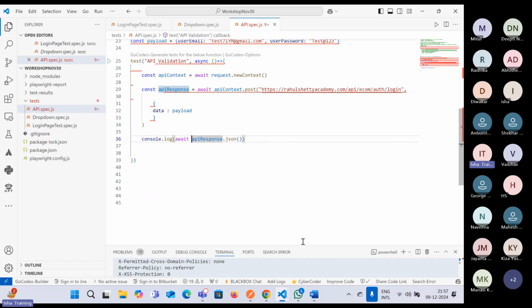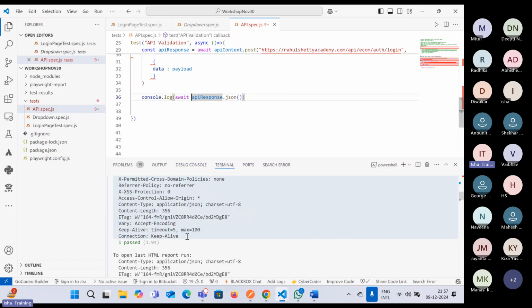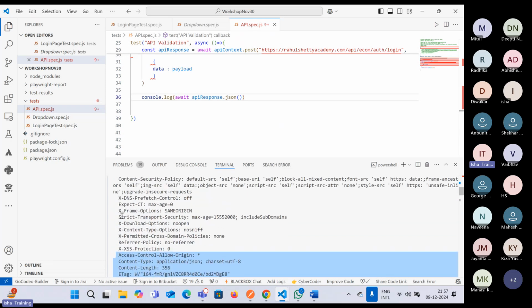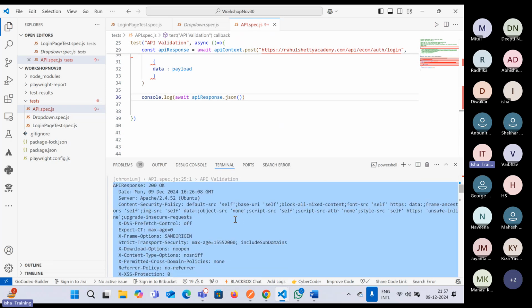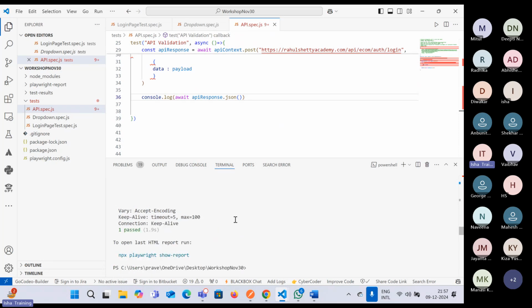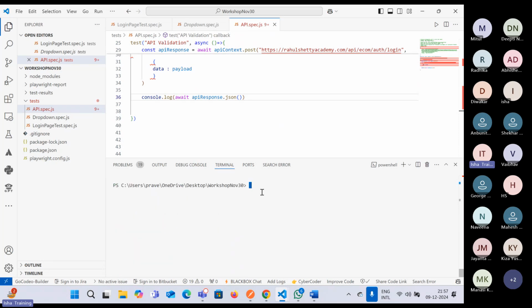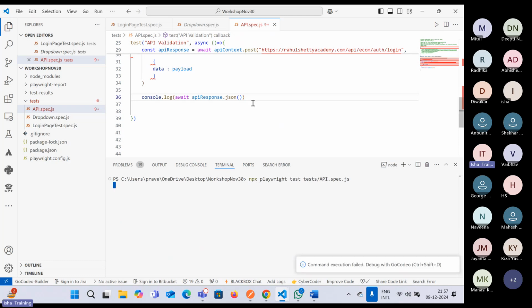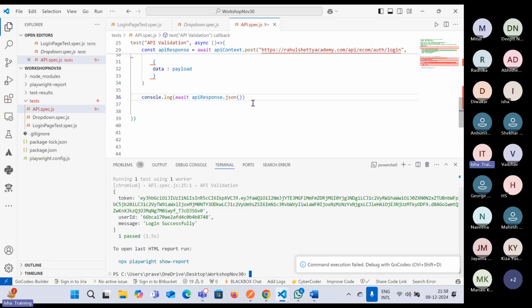So let's see now again, try to run the test case, and this time we'll see that all the information that it had provided earlier will not be displayed. Only the information that it is generating as a part of JSON, it will display in terms of the result. Now let's again try to call the same test case over here. And this time we'll see that whatever is intended for our API call, it will just display those kind of